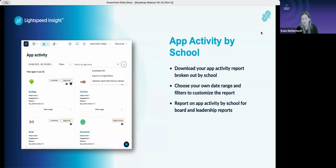Downloading app activity by school. This is another feature that came from you guys. Something that we learned is that a lot of you need to report out on app activity, not just district-wide, but also school by school. And having to go one school at a time and download a file is not something that folks need to be spending time on. So this feature is coming out